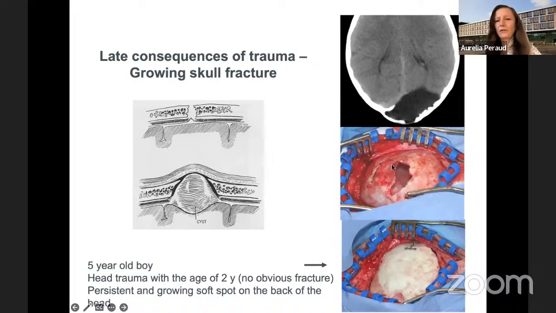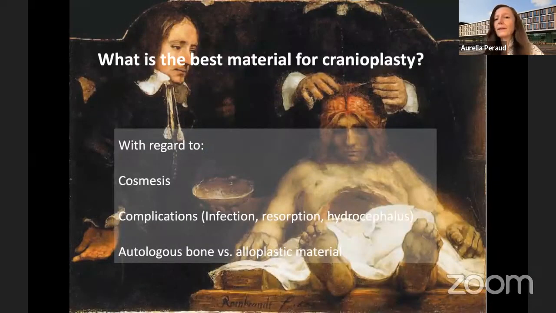And this is the intraoperative view, a thinning of the bone. There was no underlying dura. And this means a big reconstruction, not only of the bone, but also of the dura, because this was just gone. In this case, we used PMMA, which is easy to mold and cheap, so to say. But what is the best cranioplastic material in kids,